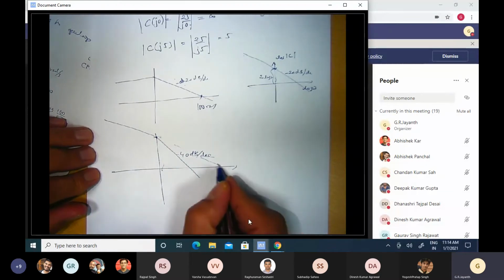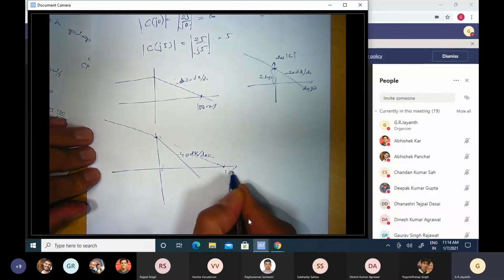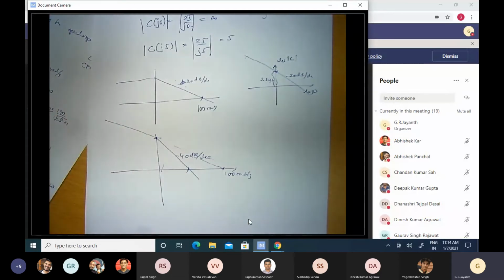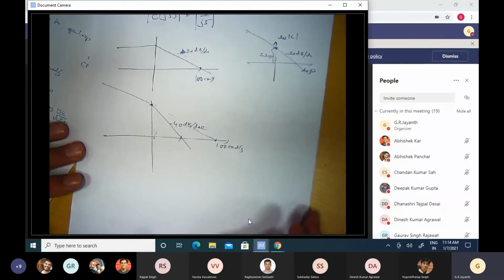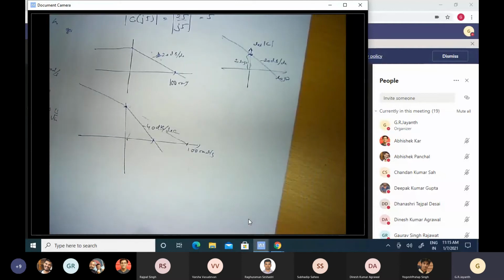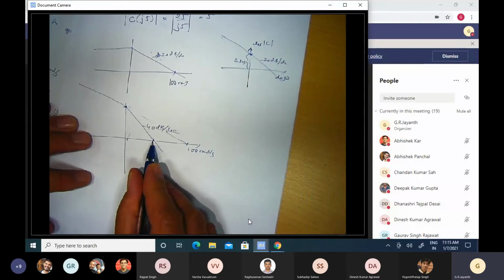Okay, so the earlier gain crossover frequency was 100 radians per second. The new gain crossover frequency will be something else. So we need to determine the new gain crossover frequency. What is it? We can actually do it many times. These design steps can be undertaken by hand. What is the gain crossover frequency by definition?